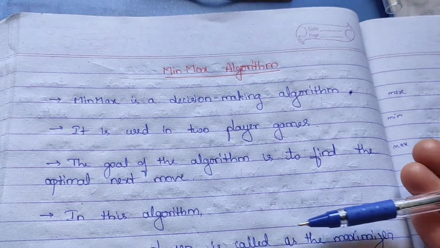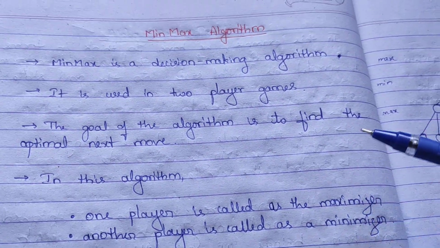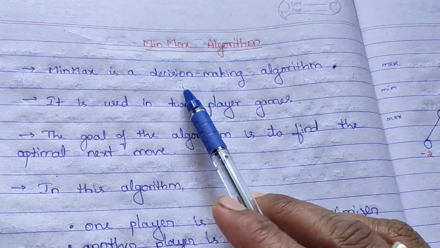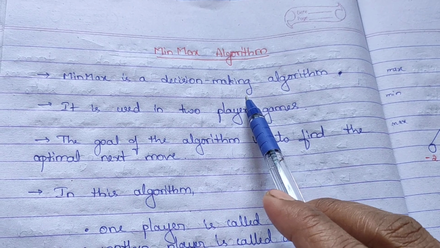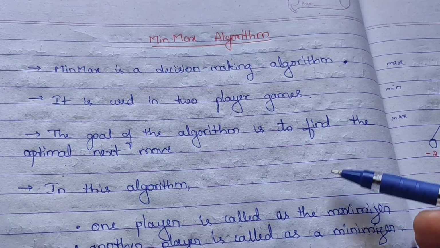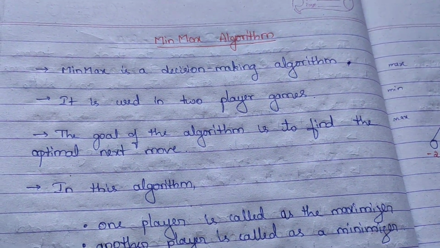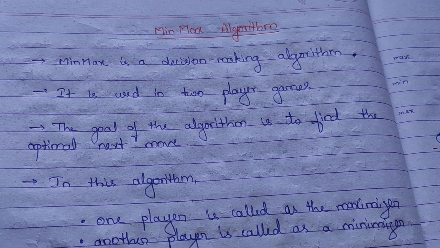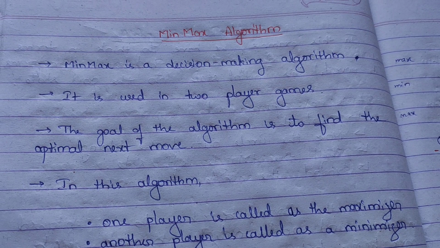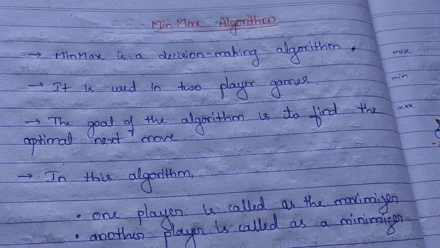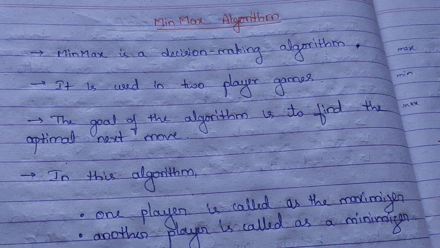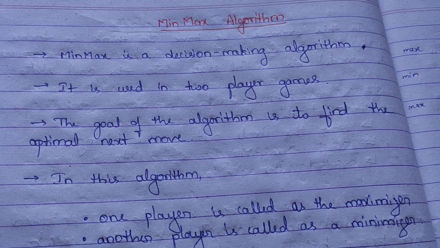To move further, how we have to move, it will make a decision. So it is known as decision making. Understood? To take a single next move, it will think how we have to move for the next movement, and that too optimal, which is nothing but the best solution it has to give.